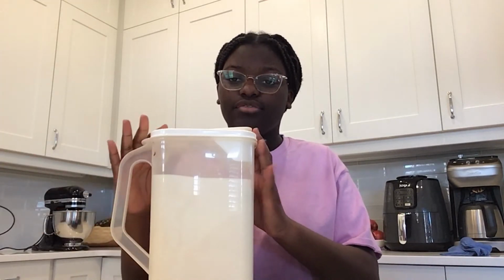For ingredients, you're going to need 1 cup of unsalted butter completely melted. I like to weigh my ingredients too, so that's 226 grams. You'll also need 1 1/4 cup of tightly packed brown sugar, or 250 grams. My family likes to cut down on sugar by a decent bit, so I'm only going to be using 3/4 cup, but obviously you guys don't have to do that. You'll need 1/2 cup, or 100 grams of granulated sugar,